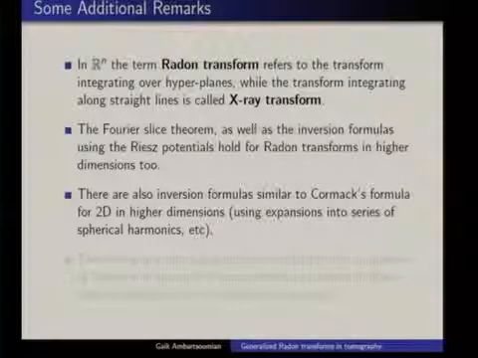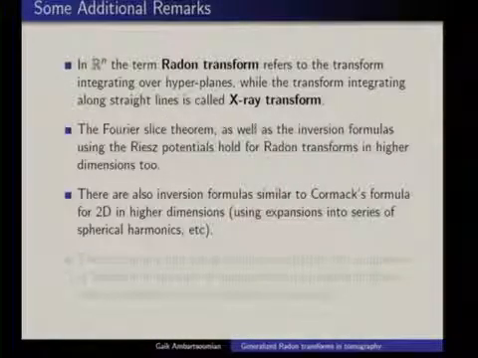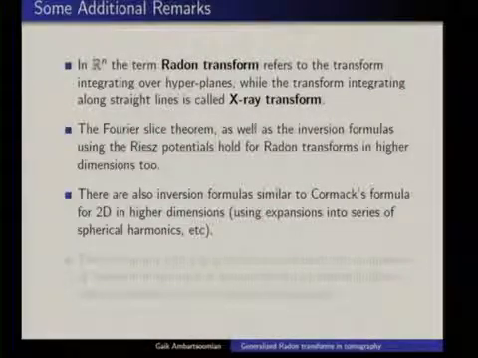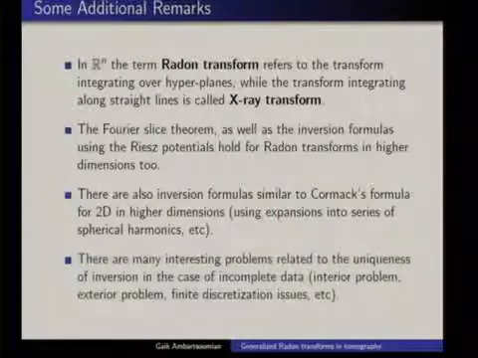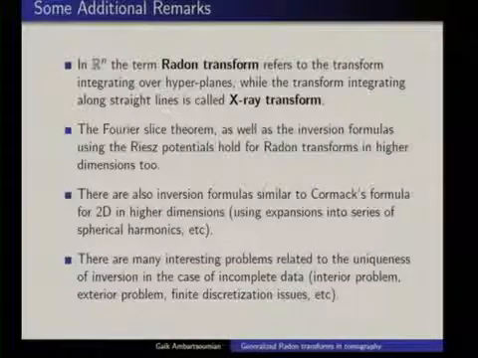There are Cormack type formulas in higher dimensions. Instead of, for example, in 3D, instead of using Fourier series, you would have to use expansion into spherical harmonics and things like this. But there are similar formulas in higher dimensions. And there is a whole set of problems that I didn't touch, and if I have time, I may come